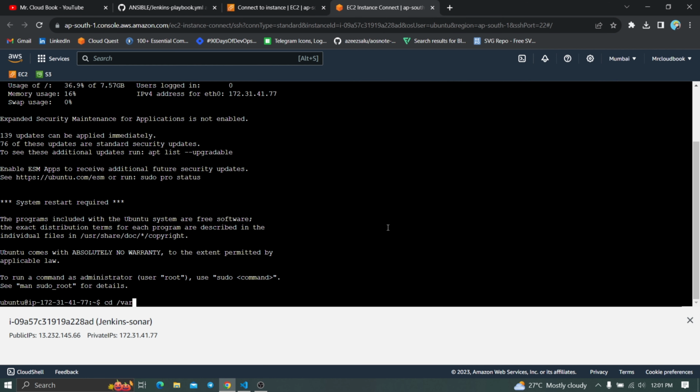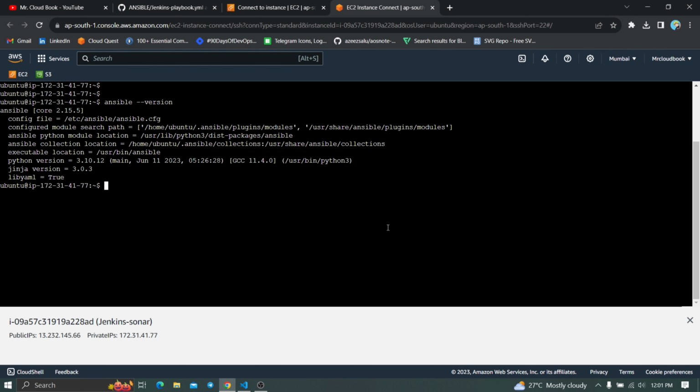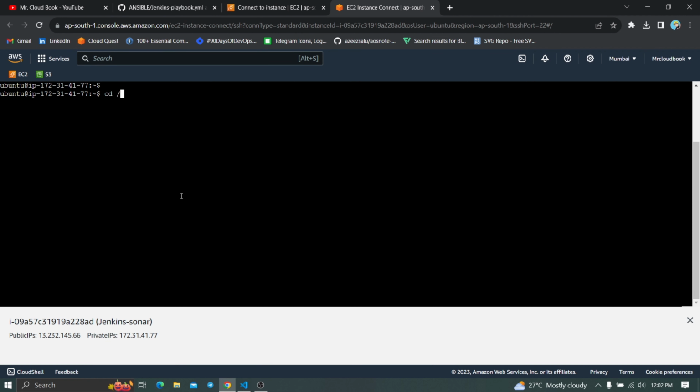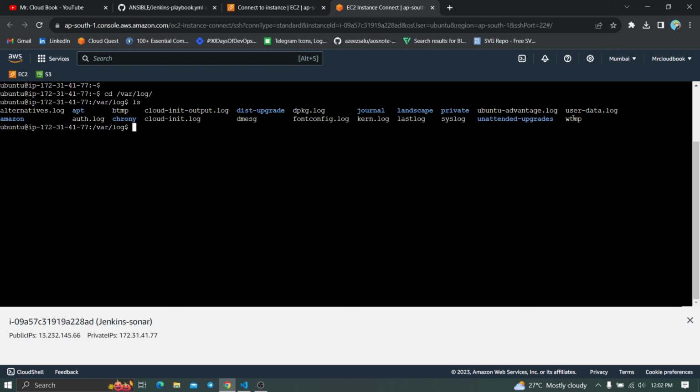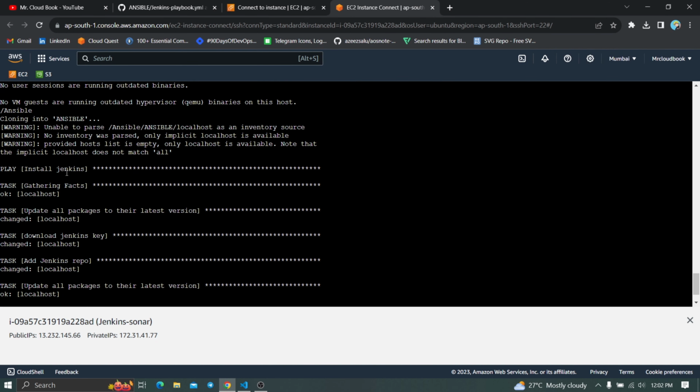So close those tabs, and let's see the Ansible version first, whether it's installed Ansible or not. So by providing the ansible --version here, enter. So Ansible is installed. Clear the screen, and now go back to the var and logs. So we provided the logs, right? Enter. And if you provide ls, you can see there is a user data log here. This is the file we are using. So just cat it by providing cat user data log and enter, and you can see it's downloading